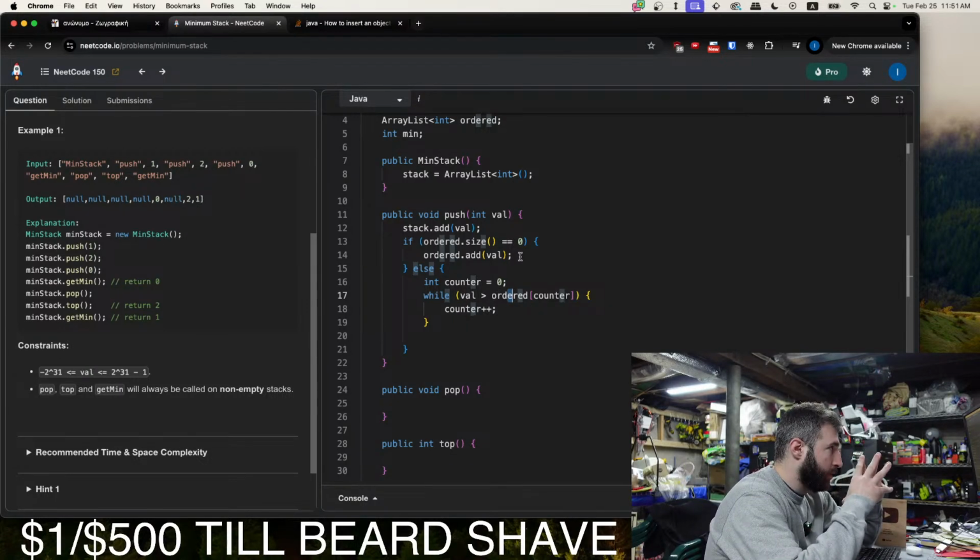How can we keep track of the minimum element in the array? And when that element gets popped, how do we calculate the new minimum in O of 1 time without having a sorted array?